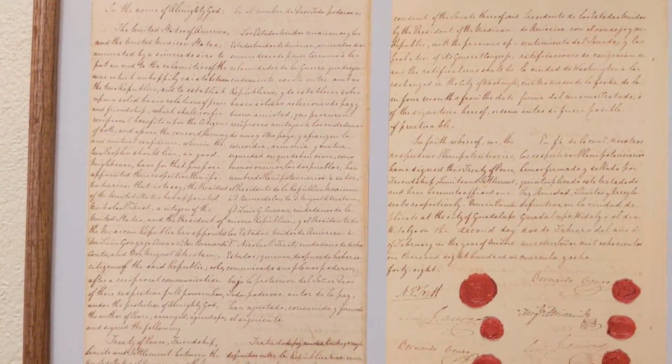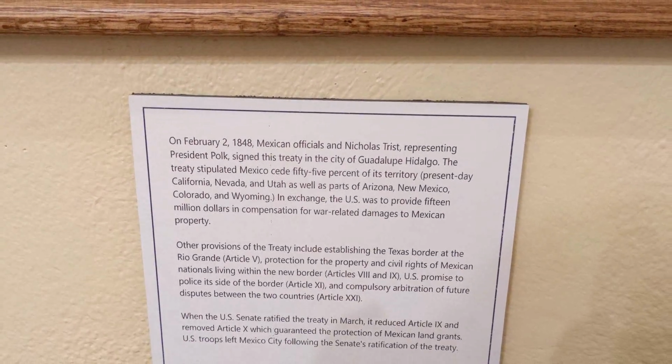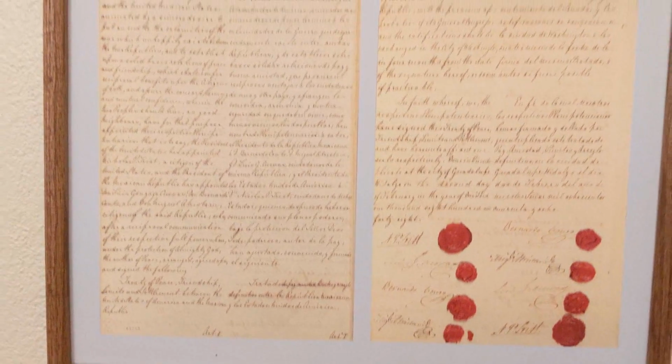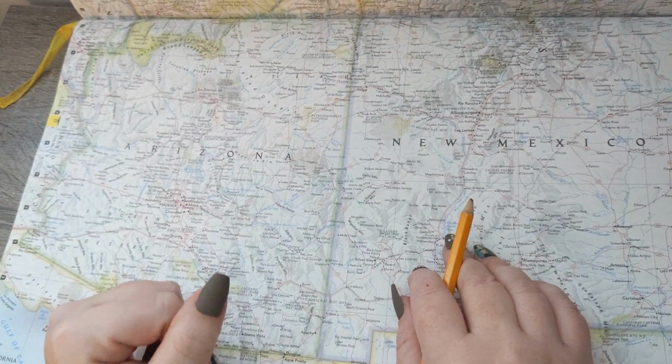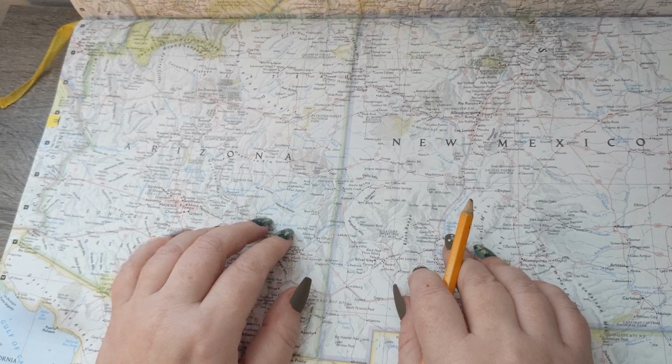And the war ended with the Treaty of Guadalupe Hidalgo, which was signed in 1848, and it gave a huge chunk of land to the United States, which includes all the states I mentioned before, including Arizona. And that territory further expanded in 1853